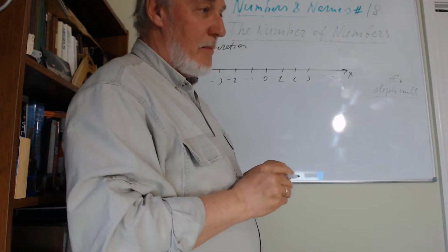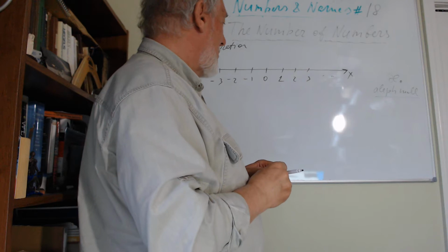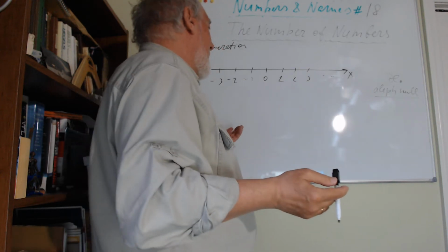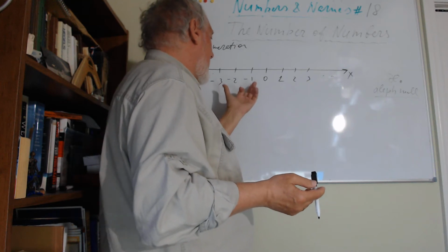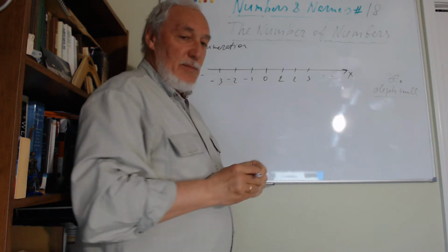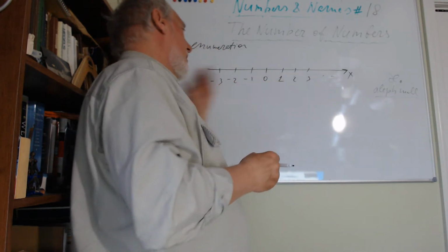Infinity still. No, 0. Because minus infinity plus infinity would be 0, but that's still infinity. So I don't get it. No, the amount is not minus. It's still an amount. You can count 1, 2, 3. Doesn't matter that it's minus. You still count them. You can count these numbers.